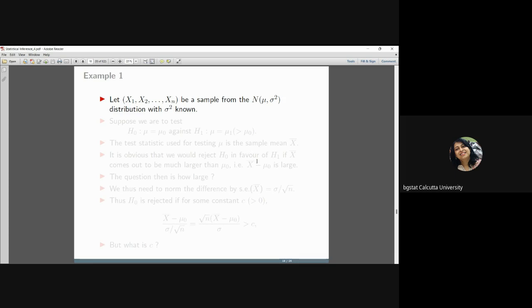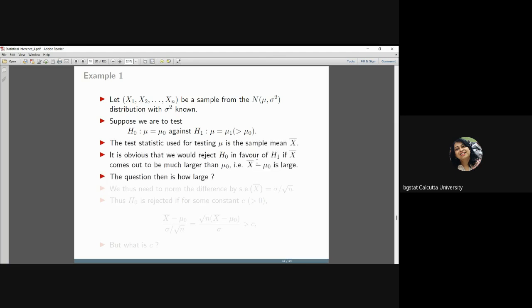So let's look at these examples. Let x1, x2, ..., xn be a sample from the normal distribution with mean mu and variance sigma square. We will assume that the variance sigma square is known. And suppose we want to test the simple alternative. We denote the value under the null as mu naught. So maybe mu naught is equal to 5, say. It's some known numerical value. Under the alternative, mu is equal to some value, we denote it by mu1, and we assume that mu1 is